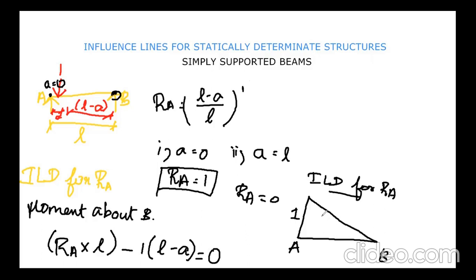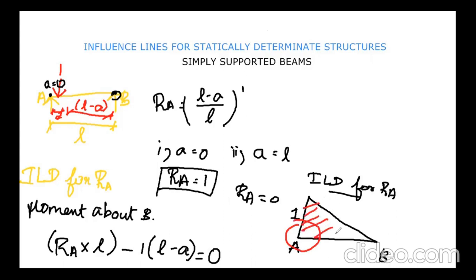Okay. Next, how we are going to apply this influence line diagram to obtain the value of the reaction. To find the maximum value of the reaction at A, we will be placing the load where reaction at A is maximum. Where there is maximum reaction is at the A. Can you see here only? The value is maximum, the area is maximum.